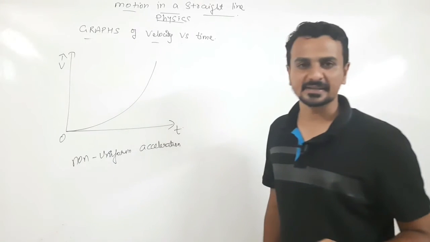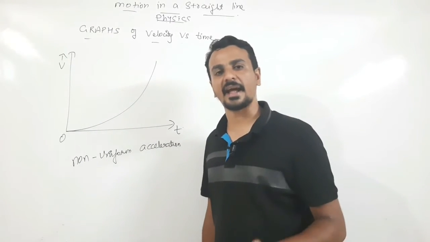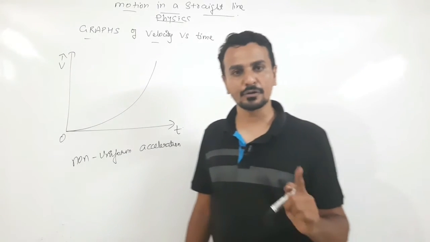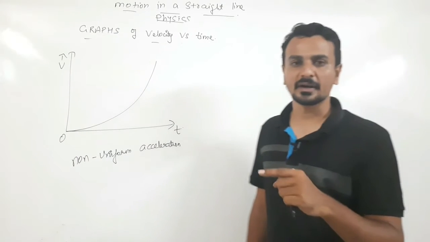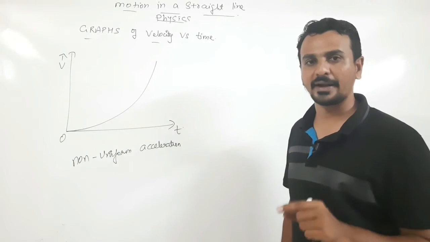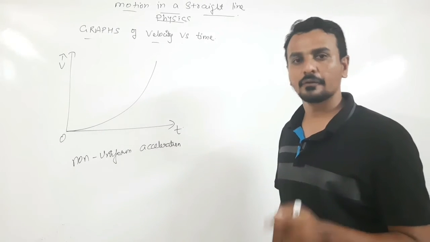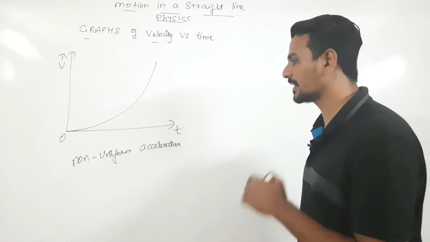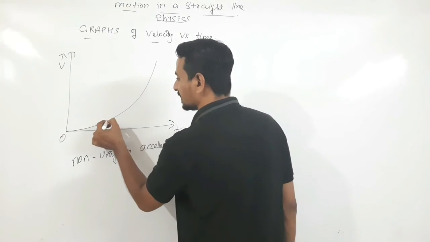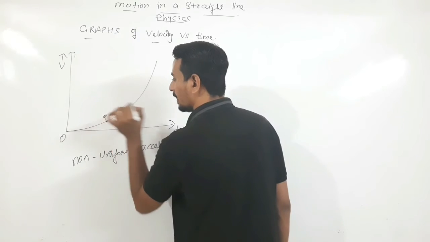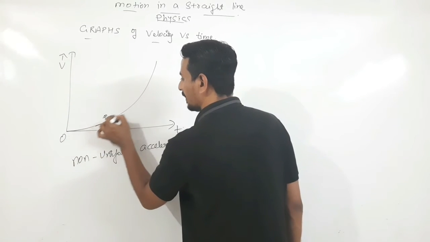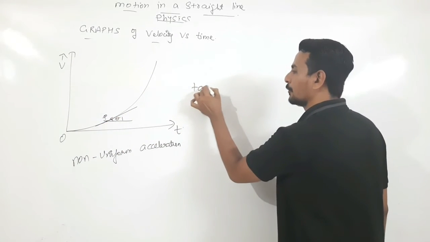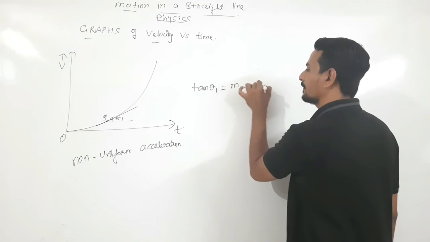tangent at any particular instant of time, and you have to find the slope of the tangent, as we had done in the graph of x by t. Right? In the graph of x by t for non-uniform motion, we had drawn a tangent from a particular point and found the slope of the tangent. So for non-uniform accelerated motion, we have to draw the tangent. Suppose at this particular point I want to find acceleration, so I will draw a tangent, right? I find the slope theta 1, so tan theta 1 will give me the value of acceleration at point P.